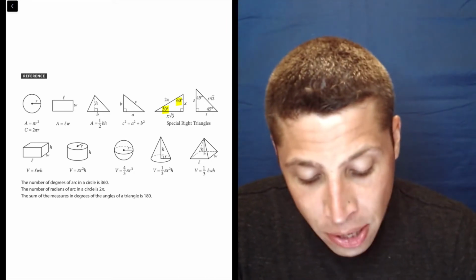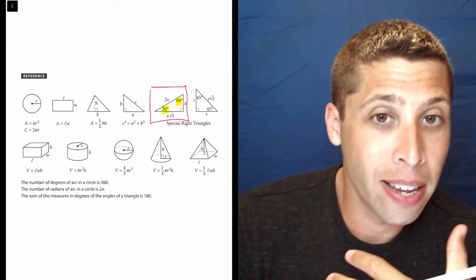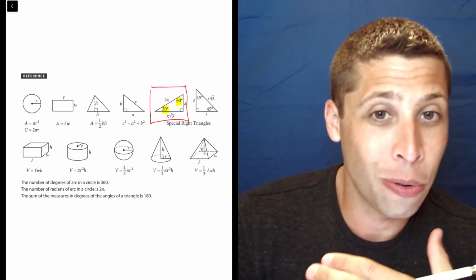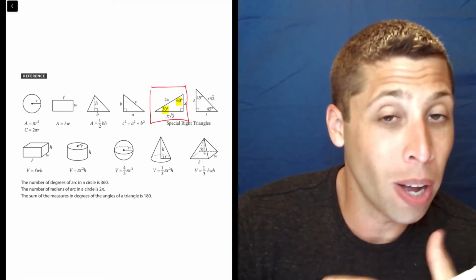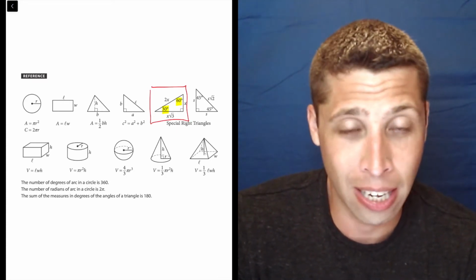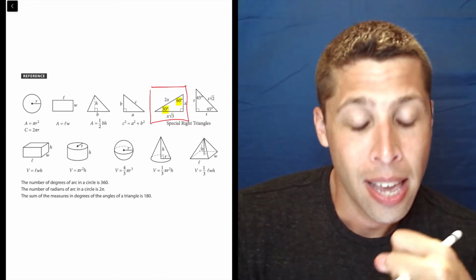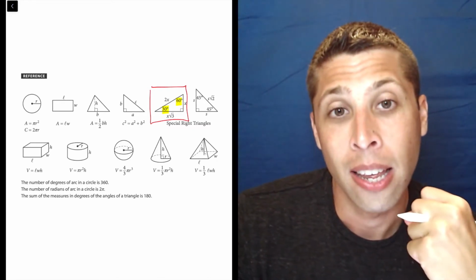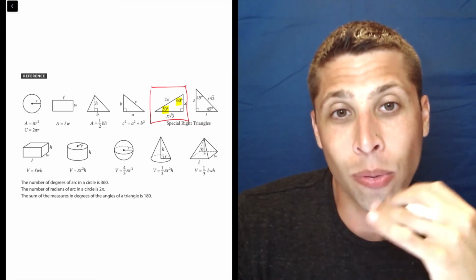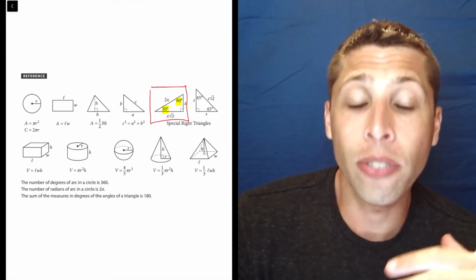So maybe you don't know what this means, so I'll explain that, but if the only issue is that you forgot what the formula was, then you just need to make sure you flip back. This is at the beginning of every math section. They give you these formulas. So this is given to you. And what it really means is that we can use this relationship to get all of the sides of these